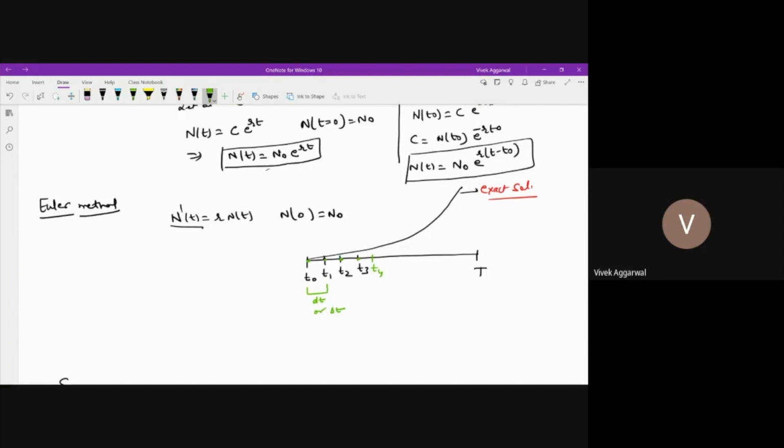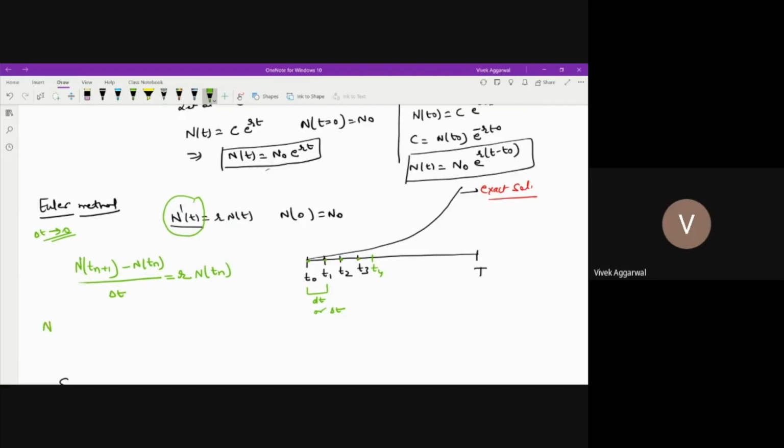I can write this first derivative as n at tn plus 1 minus n at tn divided by delta t, where delta t is tending towards 0. It is very small. And r is a constant, so I can take r times n at tn. So I have written this discrete form of this equation at any tn.